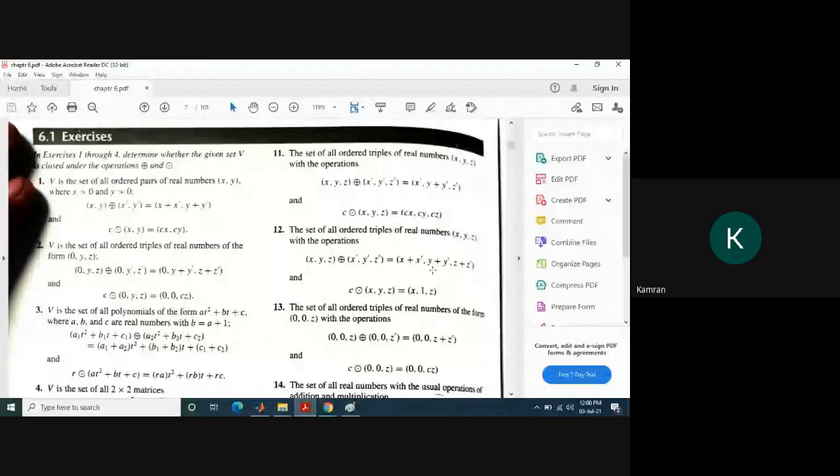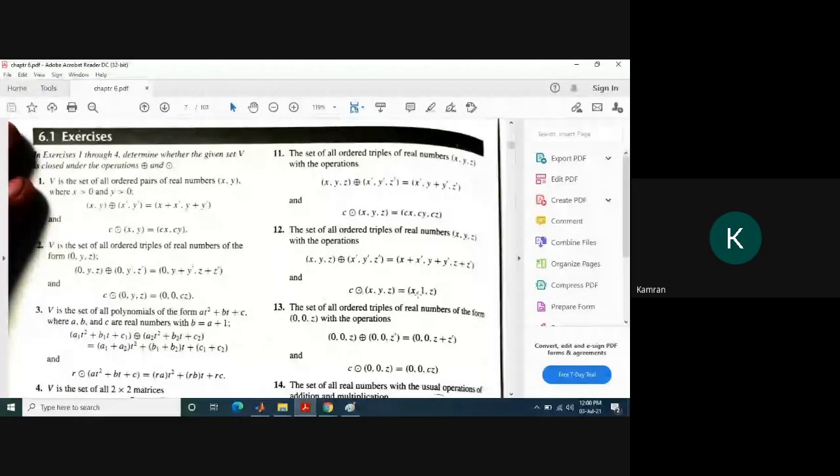There is no issue. Now here we have to verify the properties with respect to dot. As we know that x, y and z are real numbers, so their scalar multiple is (x, 1, z). x is a real number, 1 is a real number, and z is a real number, so it belongs to that set. So this means that the set is closed with respect to scalar multiplication.